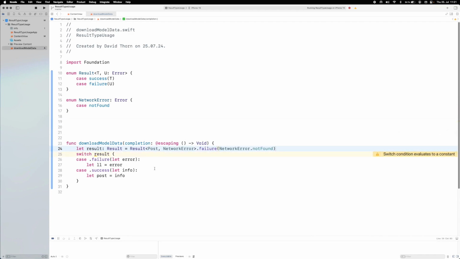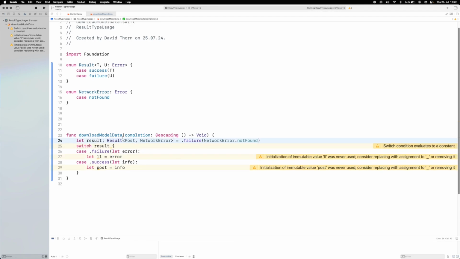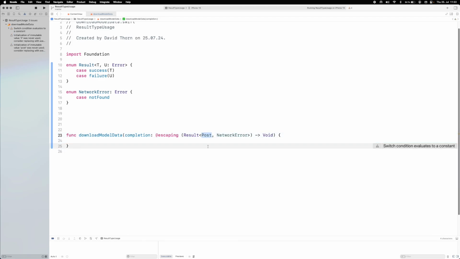So this is the type of thing that we want to have a look at here. All right. Now we didn't necessarily have to put this by here. We could have put this there instead, and that would have worked perfectly fine too. So this is what we want to be able to send back. We want to send back this as the result inside of our closure. All right, so we can get rid of this now, and obviously we want this Post here to come out as a